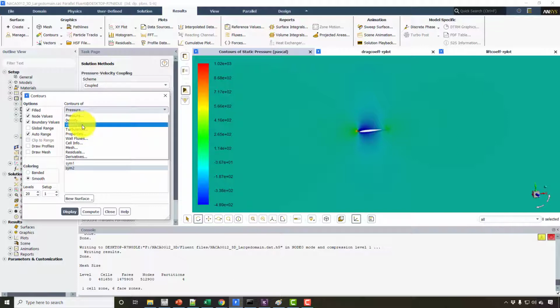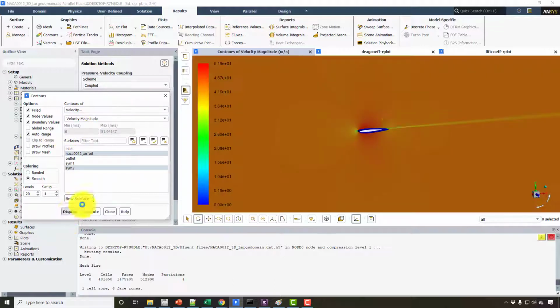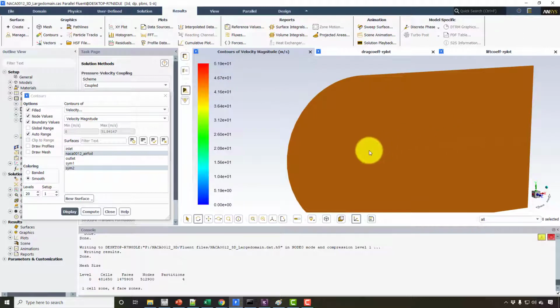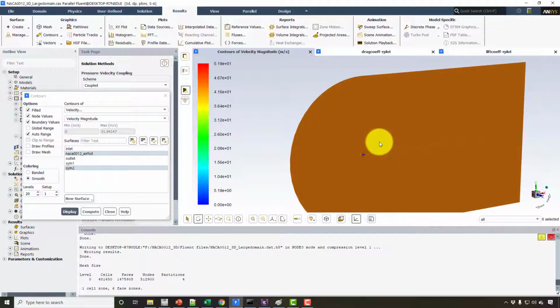And if you plot the velocity, so velocity is like this, and you can see that the downstream wake is going even with this very large domain. I think the downstream is almost 50 times, and it is going up to that value as well. So this is very important here. You must resolve the domain size properly, otherwise results may be wrong.